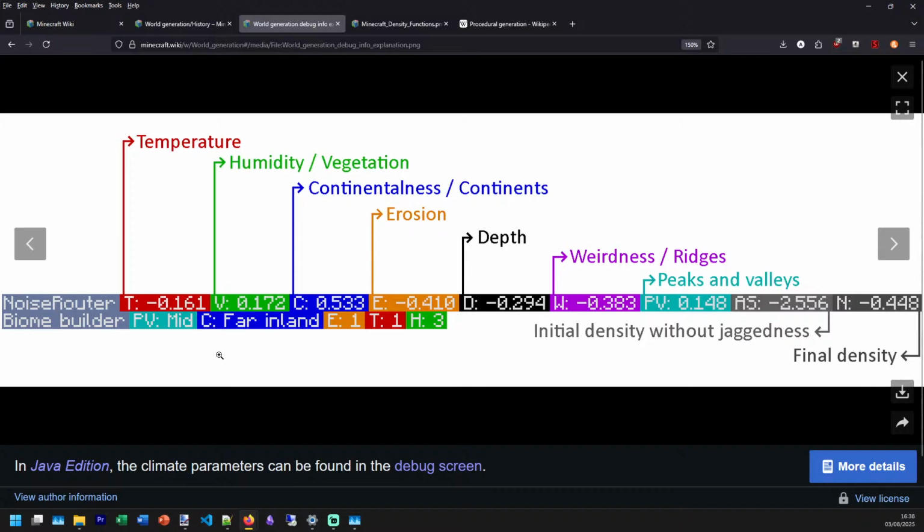Maybe it's me who's been doing this wrong all this time. Because PV is peaks and values, right? And our continentalness aligns here. That just tells what type of biome it is.